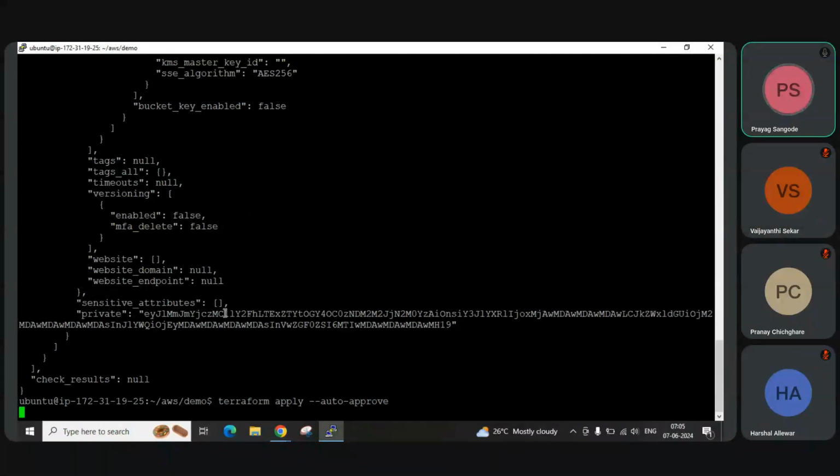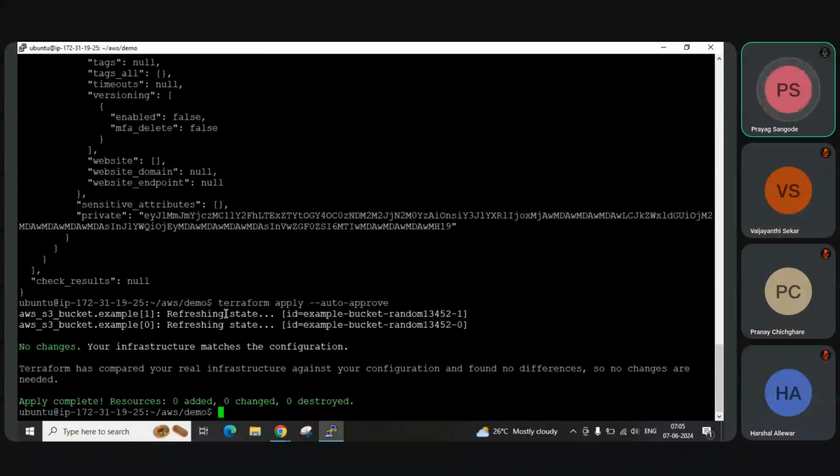It will check this file along with whatever is defined in main.tf, and it sees that it matches the configuration. If there is a drift, meaning either the bucket is deleted, someone manually deleted the bucket, or someone changed anything in the configuration file main.tf, it will see the changes and it will try to match the changes. So all these things are maintained in the terraform.tfstate file, and this file